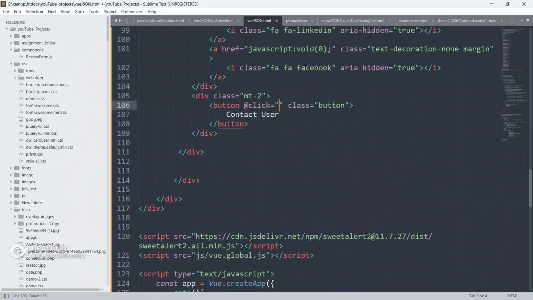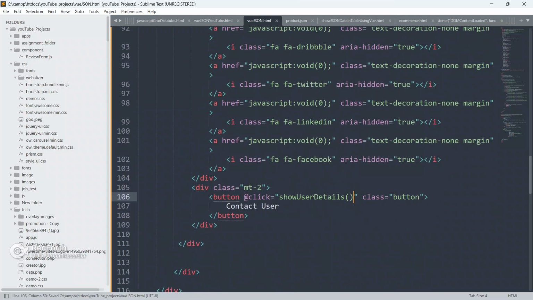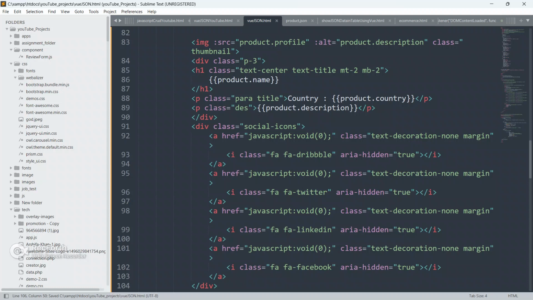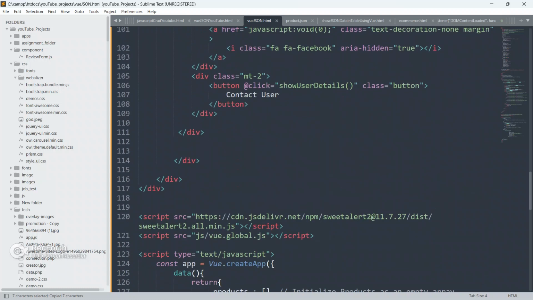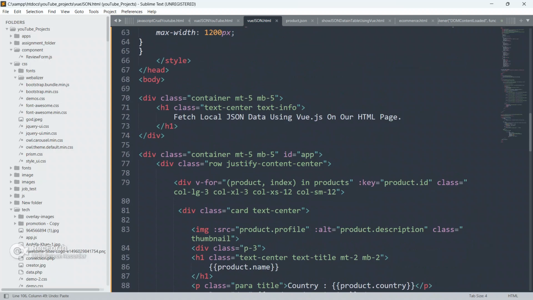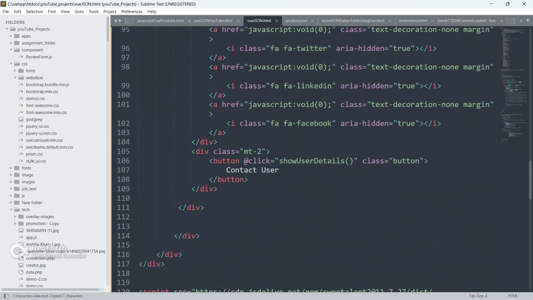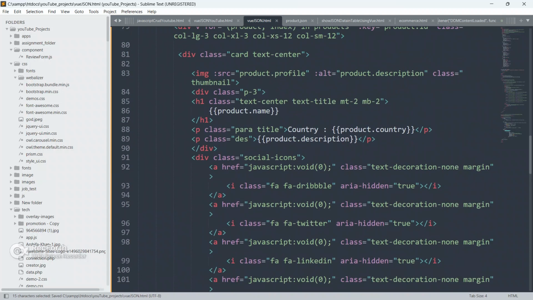So @click equals, I will pass this function, and inside this function I will pass the parameter, product. This product object, the entire object, I'm going to pass to this function as a parameter.